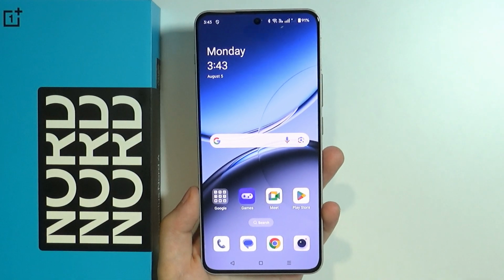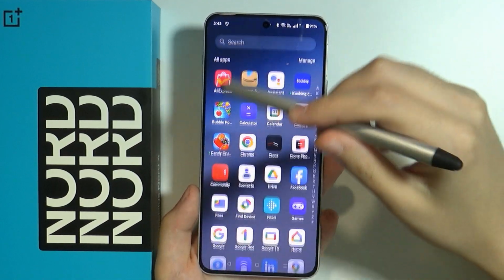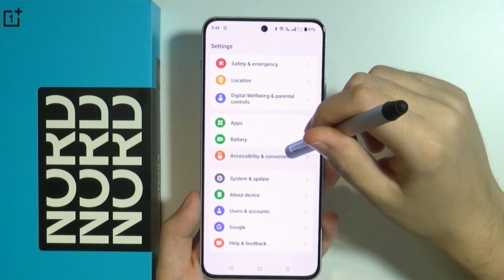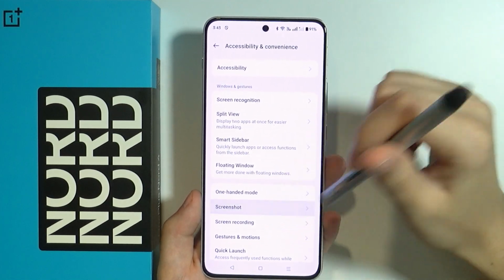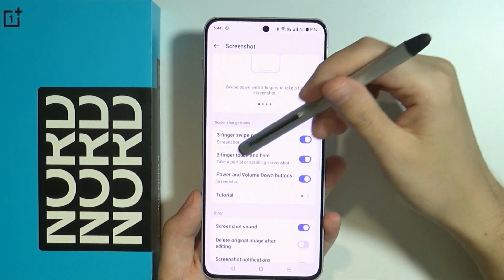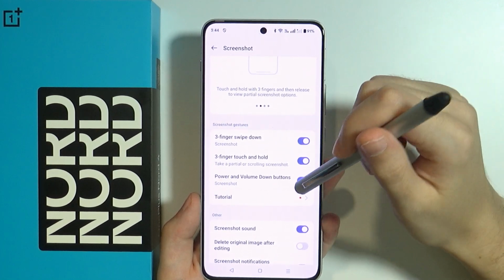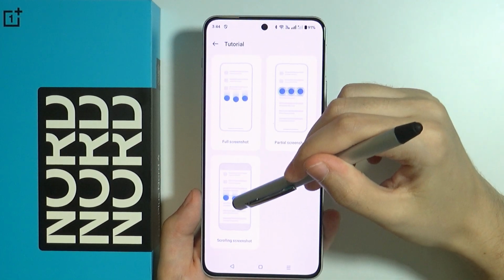If those gestures don't work for you, you need to go to the settings. In the settings, you want to scroll down and go to accessibility and convenience, select screenshot, and over here you have those gestures that you can enable and disable. So make sure that they are enabled. You can also go to tutorial in order to find out more about